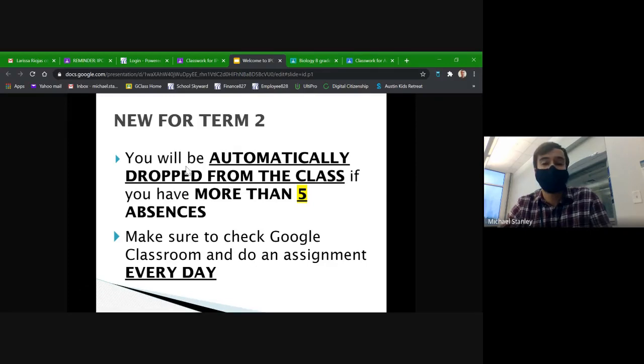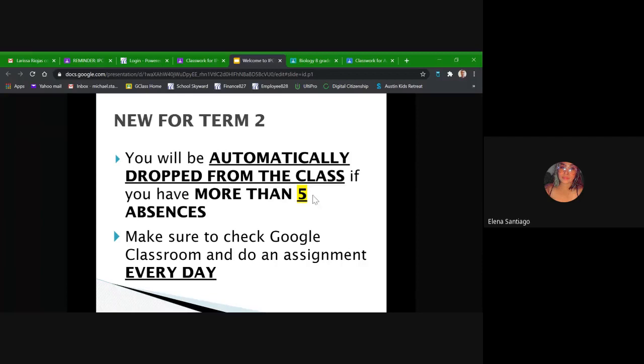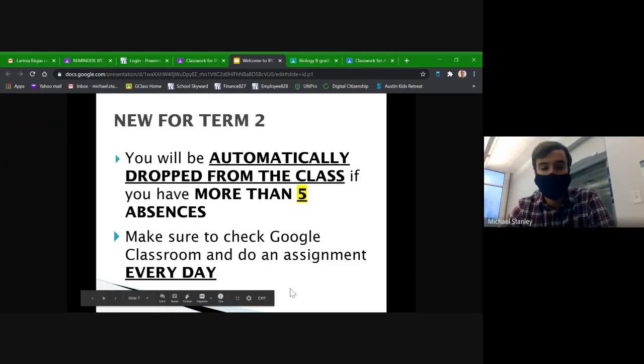All right, so can everybody see my screen where it says new for term 2 up at the top? Yes. Okay, good. Like I said, I'm also still learning exactly how Google Meet shares the screens and stuff.